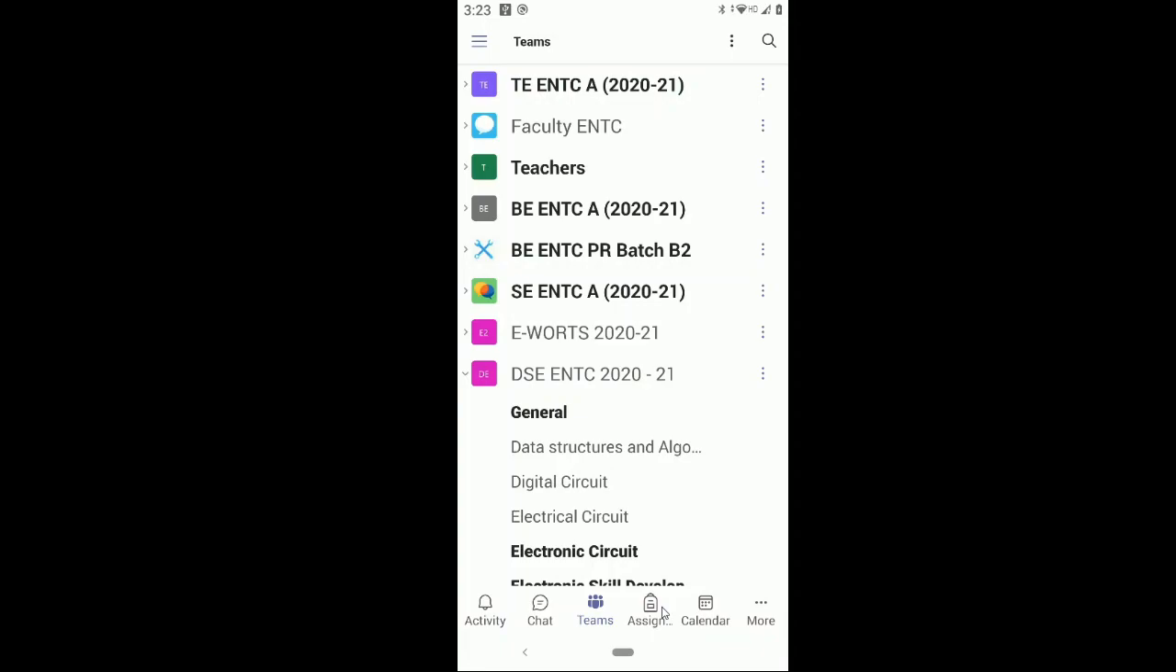Definitely there are some functionality pitfalls in the Android version, but those are for the faculty, not from the students' perspective. So for your Android version you do have all necessary tasks to do using only three buttons: Teams, assignment and calendar. So please work on your Android version, get habituated to your Android app as well as the Windows app. And that's all for the Android version for Microsoft